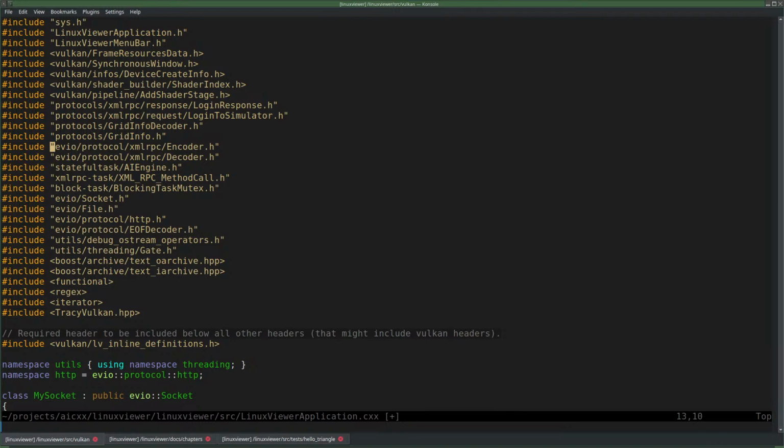Which is not the case, of course, here, because we are compiling Linux viewer application.cxx, which resides in Linux viewer source, and EVO is in Linux viewer, not in source. So either I should do dot slash and then we have it relative to the current directory, or I should use angle brackets.